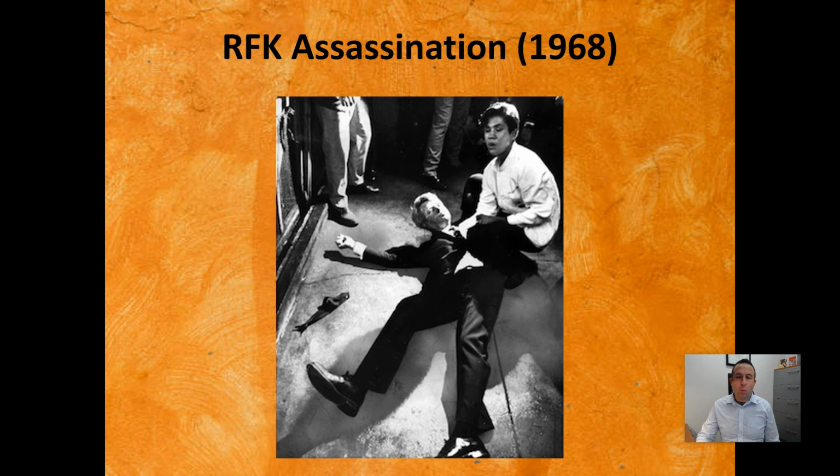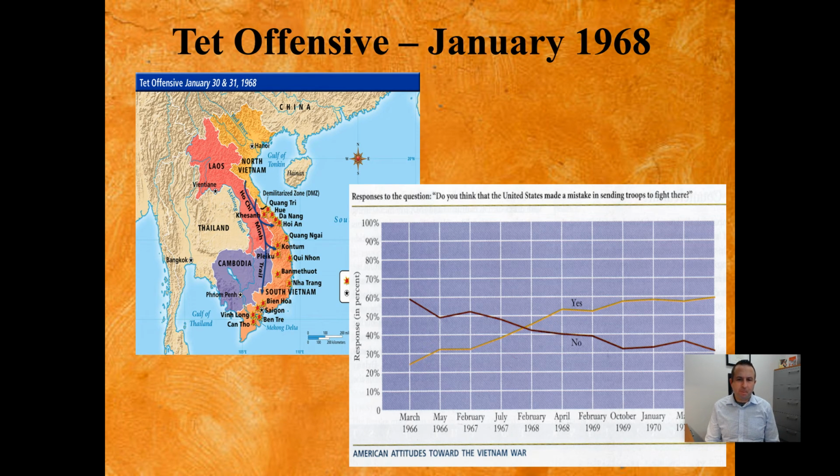The year started with what was called the Tet Offensive. And the Tet Offensive, which took place on January 31st, 1968, was a turning point for the Vietnam War. You see, on January 31st, 1968, the Viet Cong and the North Vietnamese military launched an all-out offensive on key American and South Vietnamese positions within South Vietnam. So attacking military bases. The offensive caught the U.S. off guard. They were surprised by this attack because there had been a 2-day ceasefire called to celebrate the Tet